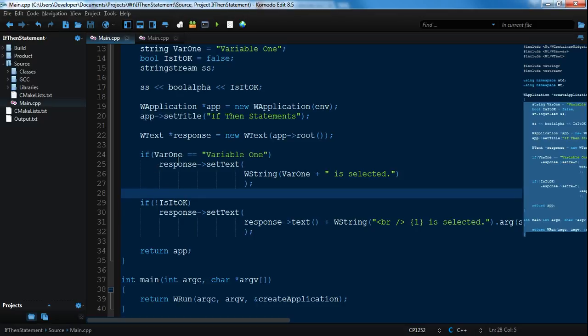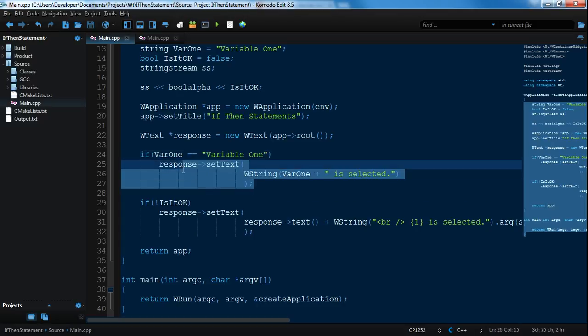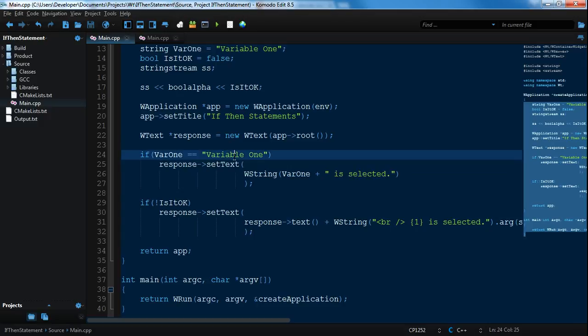So basically we have var1, and we're saying if var1 is equal to this value, this string, then go ahead and execute the code that is being executed right here. If not, if var1 is not equal to variable 1, this string, then it'll just skip over it and move on to the next statement. And in this one it says,